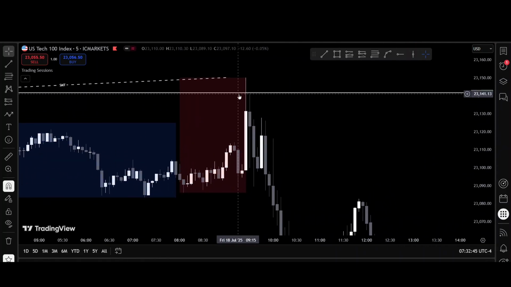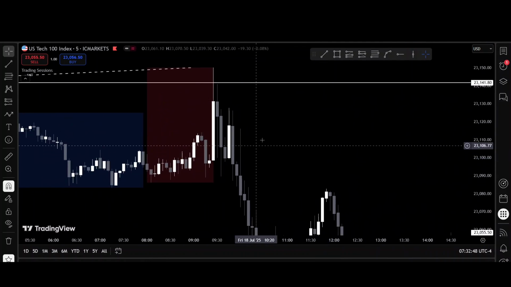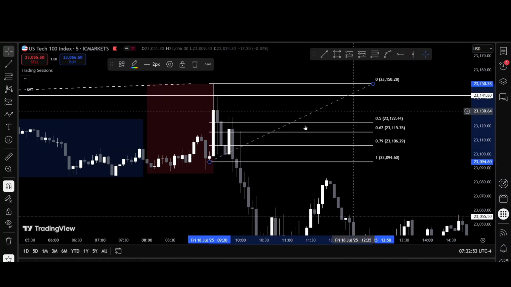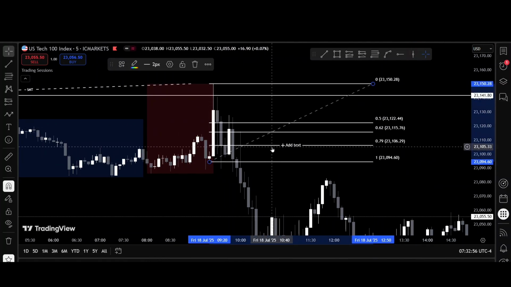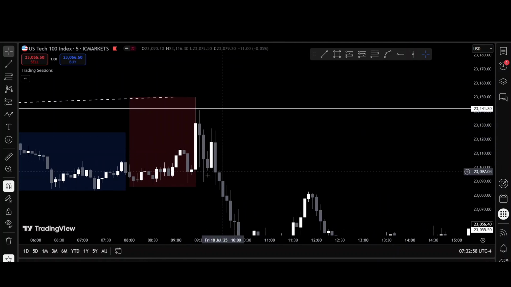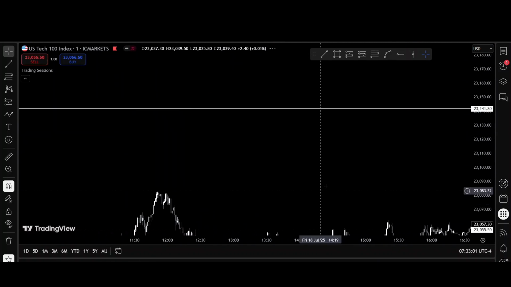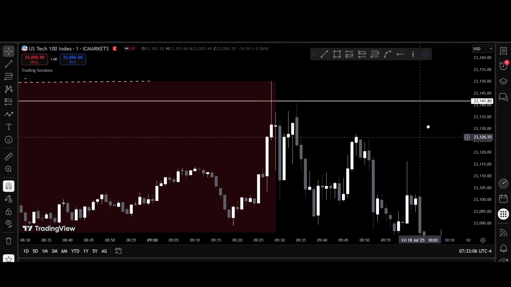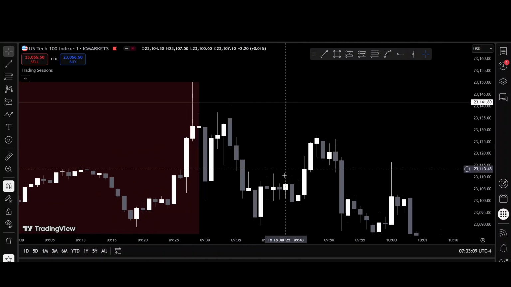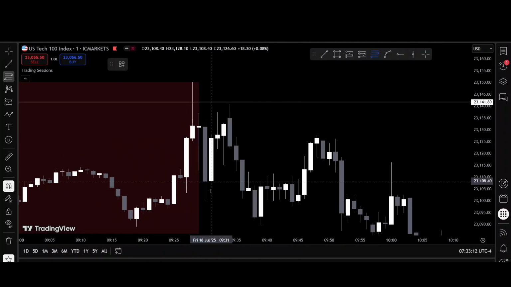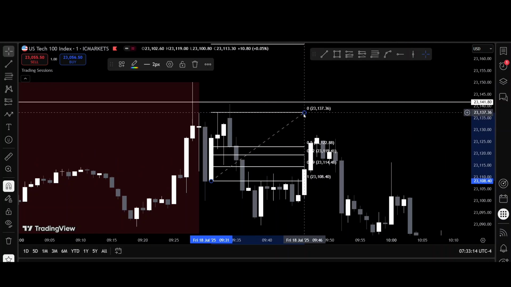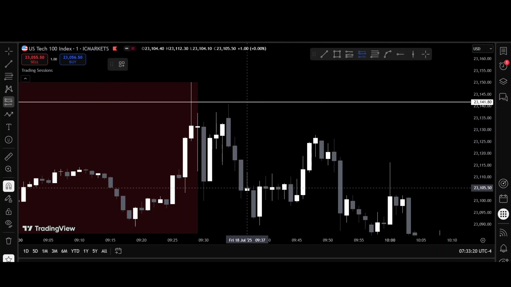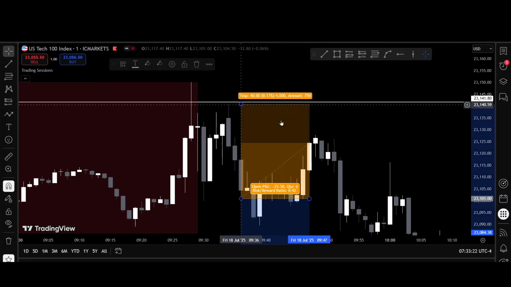Next, I'm looking for a retrace. After we break structure, you guys have learned the 79 line. What happens? We closed below the 79 line. I'm counting this as a break of structure. We got a retrace. What am I doing? I'm zooming in. Retrace right here. Once again, after the retrace, we closed below the 79 line. What am I doing? I'm shorting on a candle that closed below the 79 line, putting it at a high